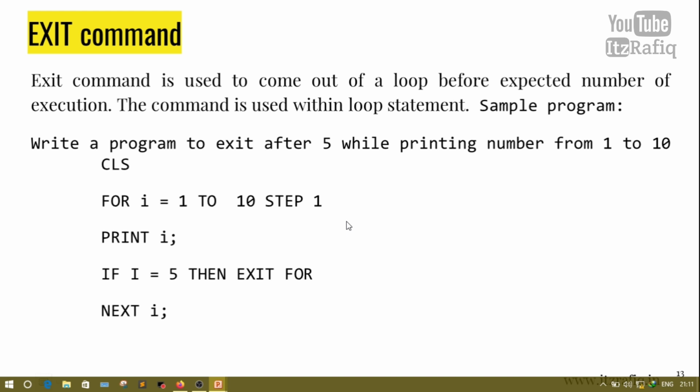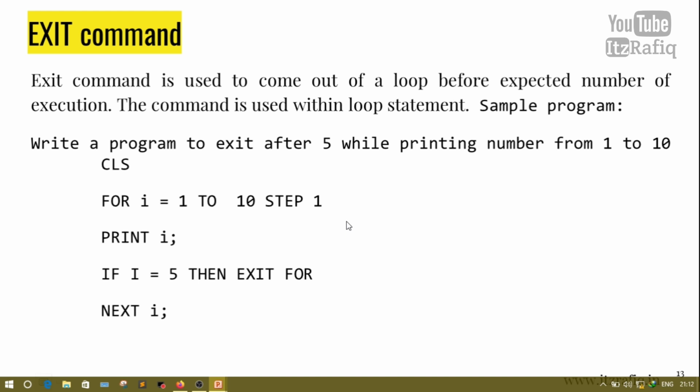So in this video you have learned about loops. Loop means repetition of the same statement multiple times. You have learned that there are different types of loops: for loop, do while loop, do until, and while wend. A loop which runs for infinite time is called an infinite loop.